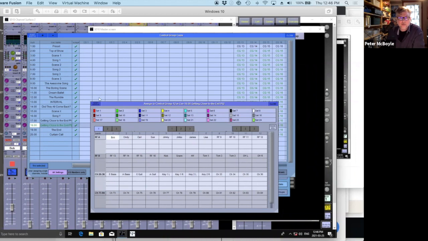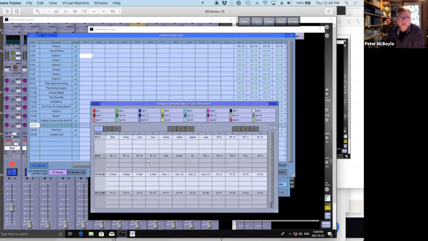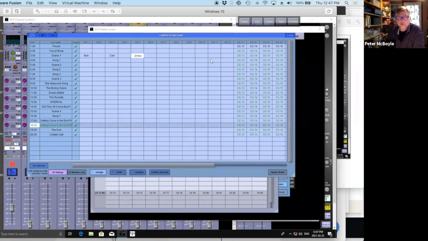So now you can actually select a cell. Oh, it's that one. Let me get rid of that one. So there's nothing in the preset, nothing in top. So we can go into scene 1 now. And we're going to say Bob's there, and then we want Carl, and then we want to have Jimbo. And so now when you take this cue,